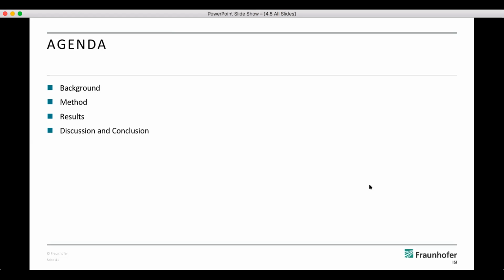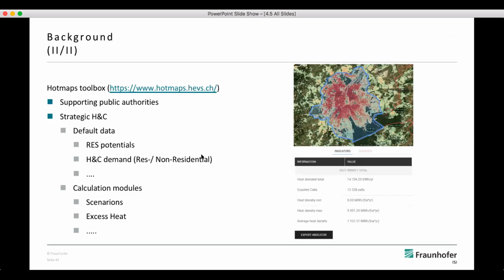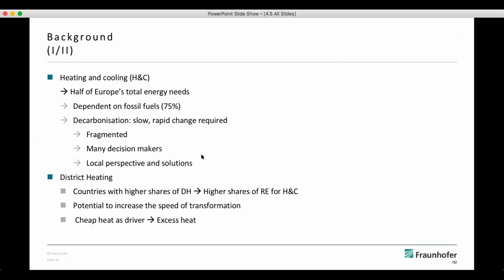As you all might know, heating is quite important with regard to decarbonizing the energy sector. We have a lot of heating in industry, but also a lot of heating in private households for buildings. If we look at the energy balances, we see that around half of Europe's total energy needs is with regard to heating and cooling. Most of it is heating, basically, and it is still very dependent on fossil fuels. If we want to meet the decarbonization goals, we have to move fast. Rapid change is required, because